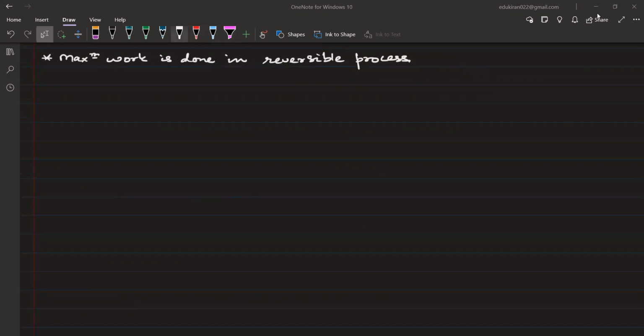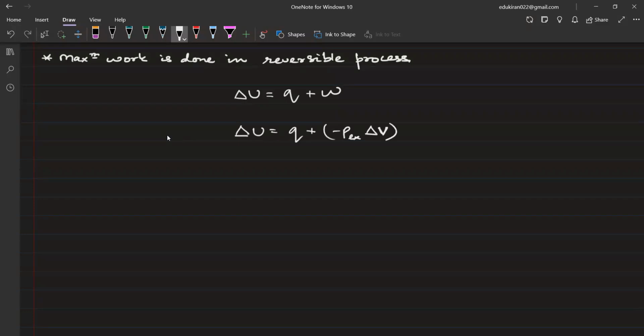You have seen that delta U is equal to Q plus W. And we have also seen W is equal to minus P external into change in the volume. Okay, change in the volume. Now, if you have different processes,